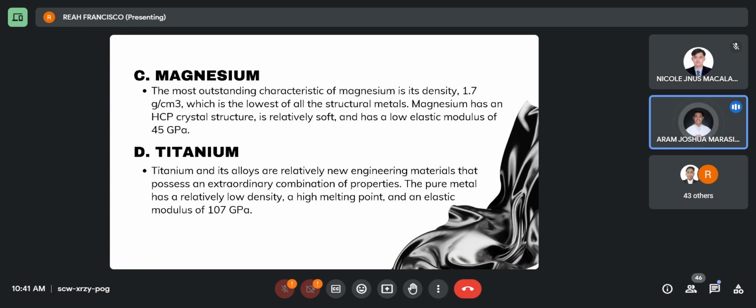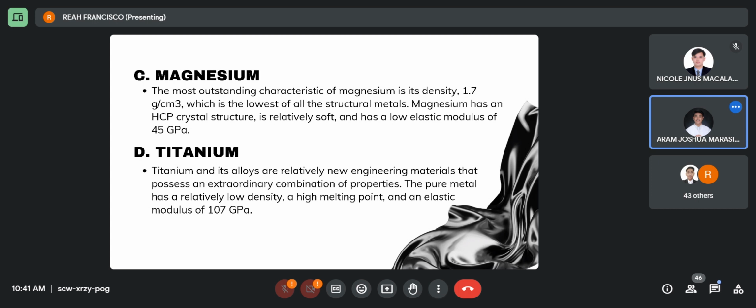Despite their lightweight nature, magnesium alloys also offer good mechanical properties, corrosion resistance, and are increasingly utilized in applications ranging from electronics to medical devices. So, ang examples naman po ng magnesium alloys are helicopter rotors, aircraft landing wheels, gearbox casings, medical implants, tsaka na rin po yung mga cameras, laptops, and mga phones po